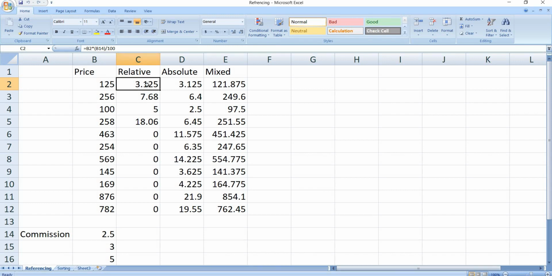What is B14? It is column B and row 14, so the B14 cell is this one, 2.5%. To calculate the commission value, we divide by 100. The same thing we have done here in this cell: B2 multiplied by B14, divided by 100. Then we pressed enter and got the value 3.1.